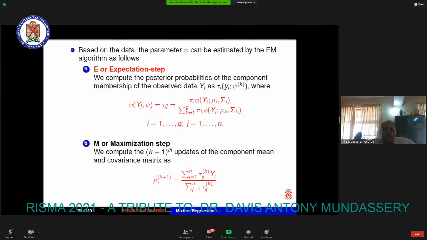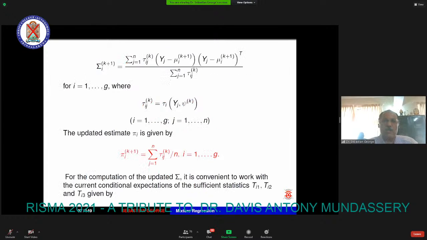Basically, we have two steps. In one step, we will compute the membership probability from the expectations. And in the next step, we will obtain the parameters of the model. Here we have explained it for the multivariate normal probability distribution function. And once you know this membership probability, then you can obtain the estimates of the coefficients or